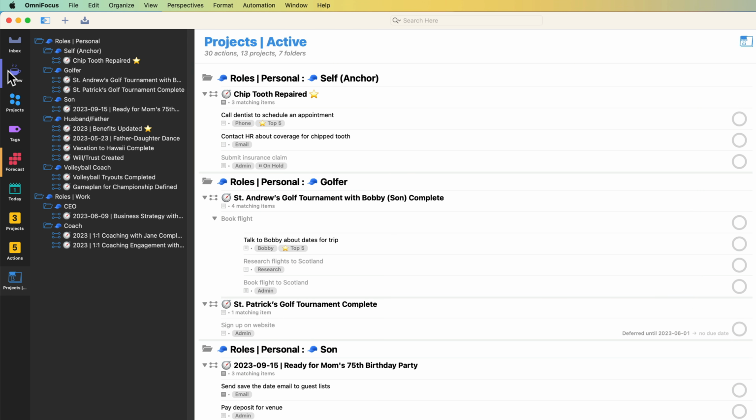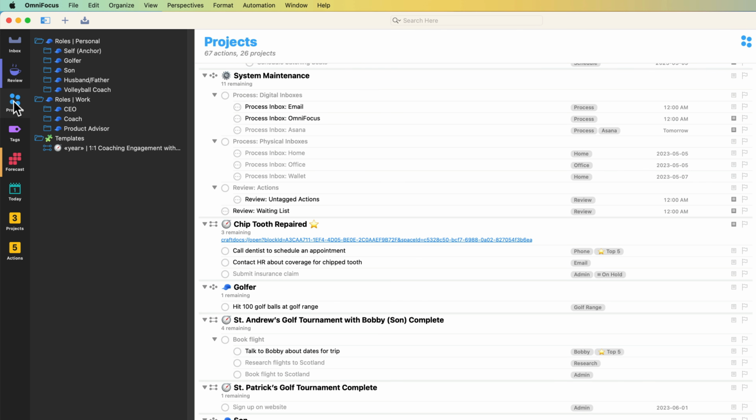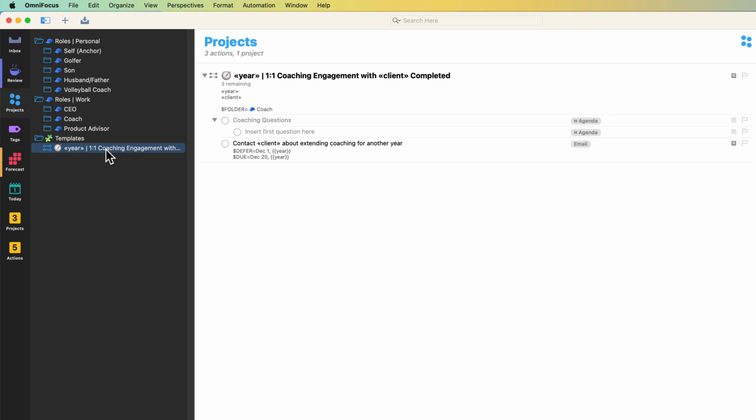And the last one, which really showcases the power of plugins, and plugins are a way to extend OmniFocus. And this is one of my favorite plugins written by Caitlin Salsky, who's a very talented woman based in Australia, who's also been a guest here on Learn OmniFocus. And let's say you're doing a lot of these client engagements and you don't want to have to start from scratch each time.